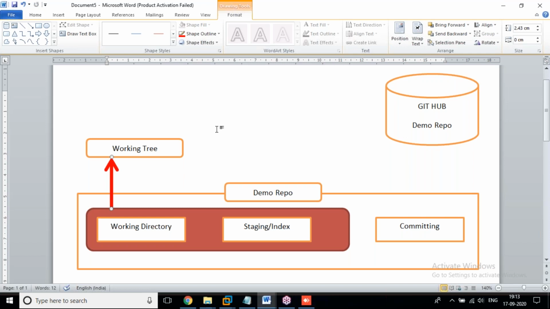Once the command enters the working tree, the working tree responds to git status with whatever information it has in the working directory plus staging, or either location. Immediately the git status command displays the status of the files.